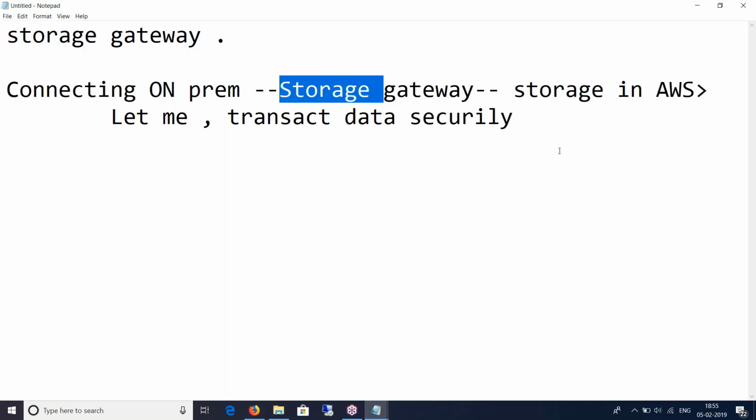I'm just talking about storage here, not about VPCs or any other infra or even RDS.